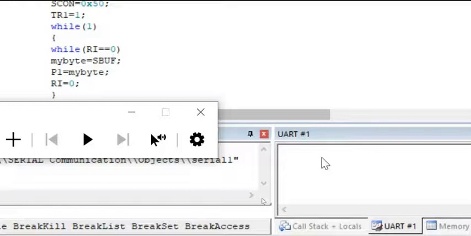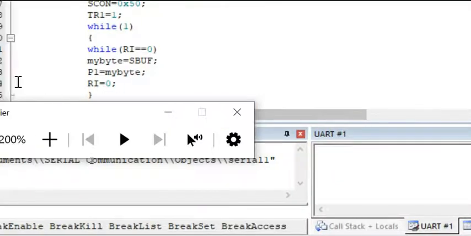We are just assuming that we have received that particular information. Here we have not connected any microcontroller with any devices. So just for the simulation purpose, we are going to type something in this UART window. That information is received by the microcontroller.